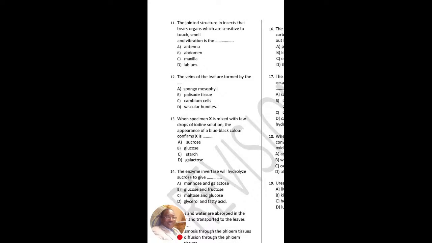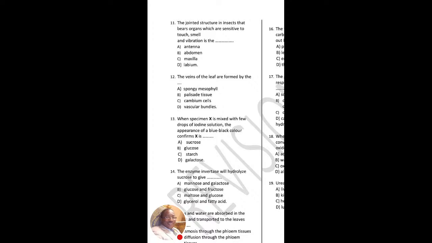If you look at my video on internal structure, the diagram of the leaf structure, where you see the vein also branching from the midrib, telling you that the xylem goes into that structure. That's why the answer is option D. It can't be cambium directly alone because cambium forms xylem and phloem. It can't be palisade tissue because palisade tissues are found in the leaf specifically and meant to contain chloroplasts. It can't be spongy mesophyll because those are tissues that contain air spaces that allow oxygen to enter the